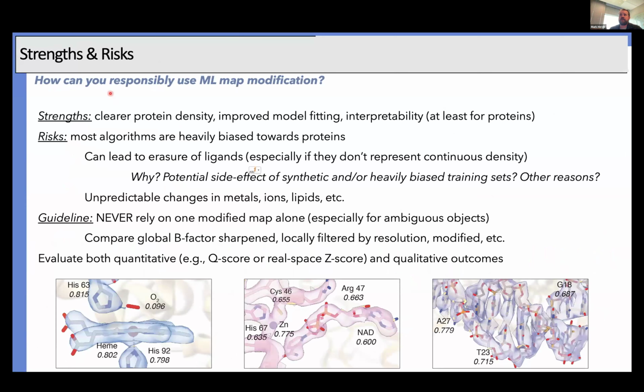And so how can you responsibly use machine learning map modification? Well, the strengths are clear, right? Protein density, improved model building, interpretability, at least for proteins in general, it's across the board an improver. Most algorithms are heavily biased towards proteins, not too surprising given what's in the EMDB, but this can lead to erasure of ligands, right? Especially if they don't have continuous density that quote unquote resembles what you would expect from a protein. And so